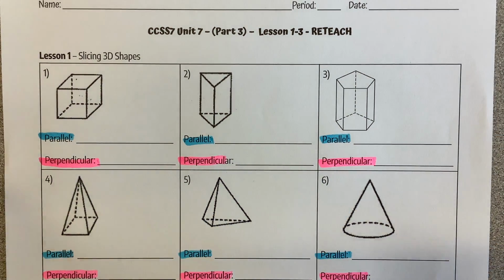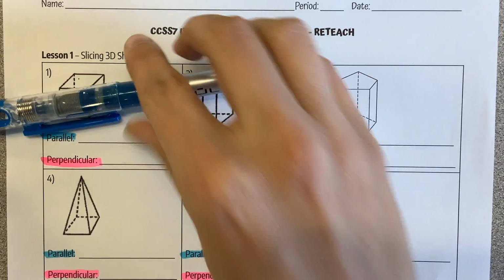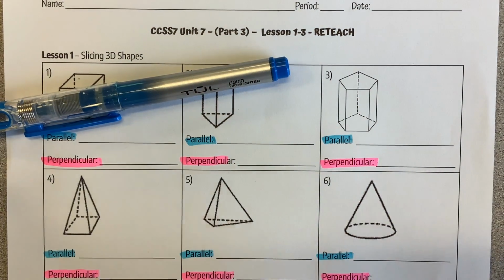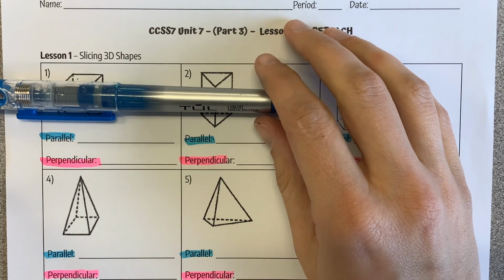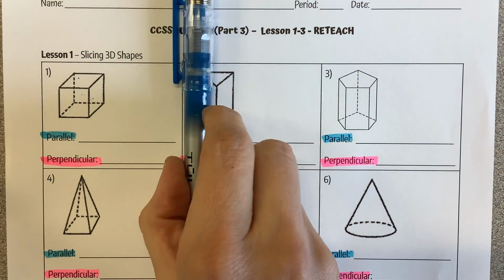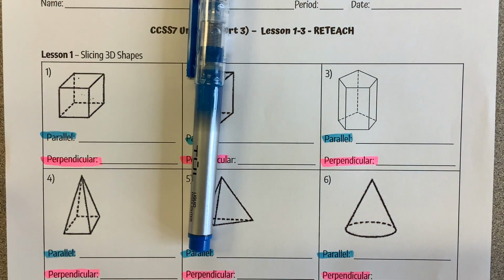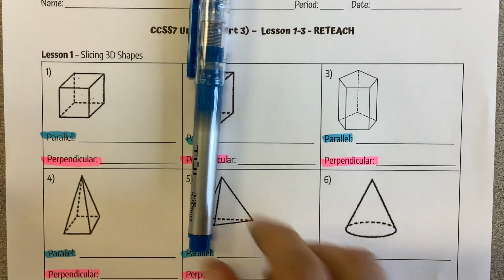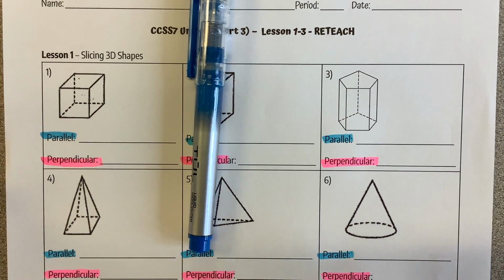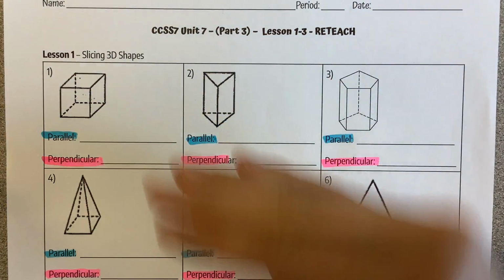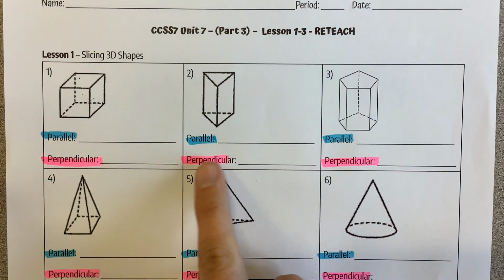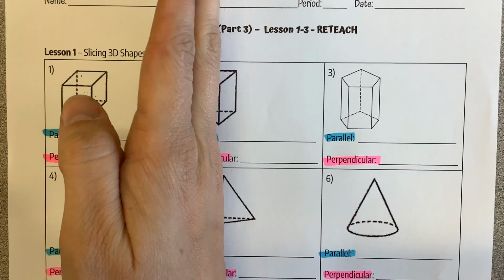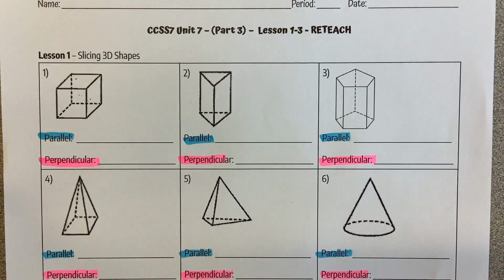So what I think is when I'm cutting something parallel to the base, it should have the same shape as the base. Versus when I'm cutting something perpendicular or that vertical cut, it should be the shape of that side, right? So parallel is going to be that base side, perpendicular is going to be the lateral side there. So let's look at this. When I cut this shape,